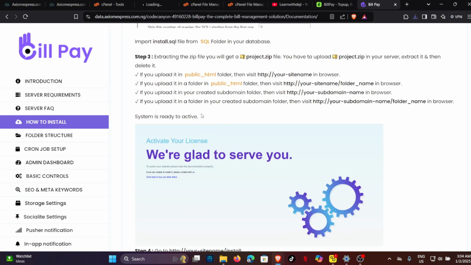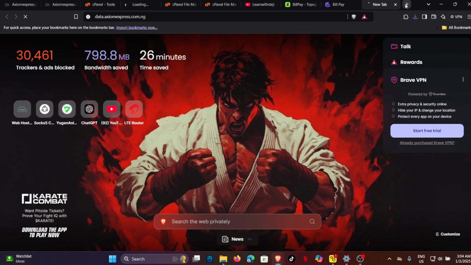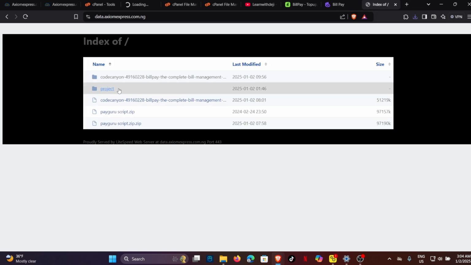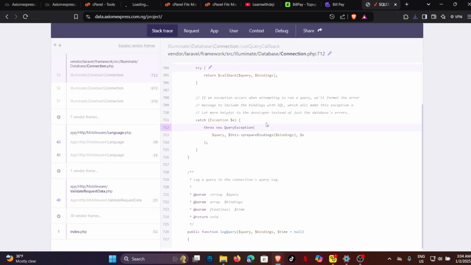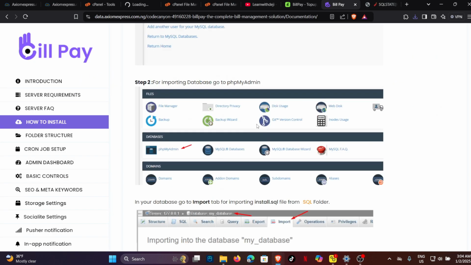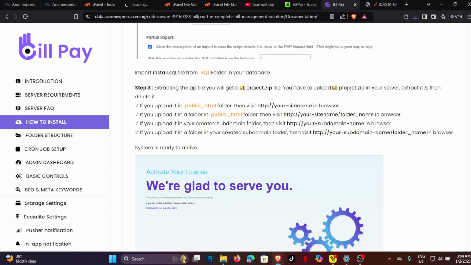So after that, we've already uploaded it to our public HTML. If you upload it in the server's public HTML, this. Okay, now let's go back to the domain, the subdomain data. Click on this. If you click on project, it should actually take us to a place to install it. Okay. So you have to configure this. We've not configured it yet. So let's go over here to